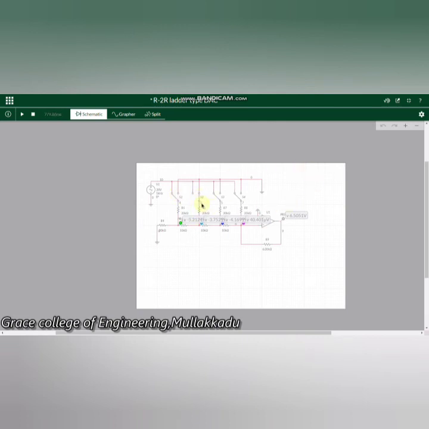Here the switch S2 is set to the value 1, and S1, S3 and S4 are set to the value 0. Here the reference voltage we have taken is 20 volts. Therefore, this 20 volts is divided by means of these 4 switches as digital input, and the corresponding analog output will be obtained at the operational amplifier output pin, that is pin 6. Now we are going to see the graph.